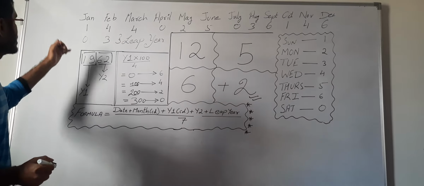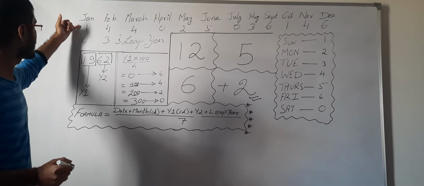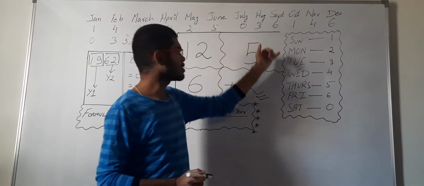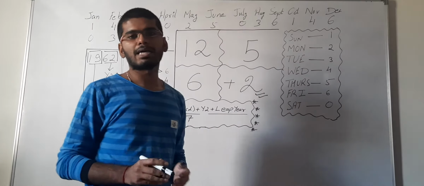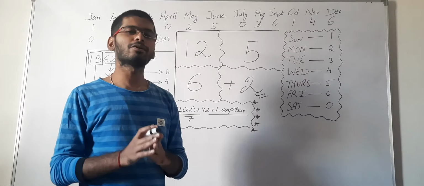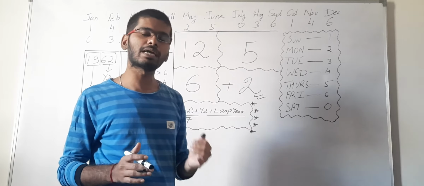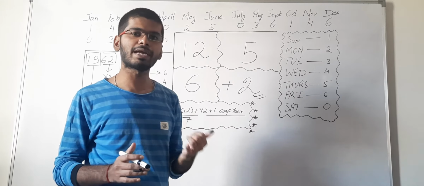Next, now we know how to remember these codes. How to remember the code for the week. Remember guys, we have 7 days in a week. I hope every one of us knows that we have 7 days in a week, and the weekdays are Sunday, Monday, Tuesday, Wednesday, Thursday, Friday, Saturday.